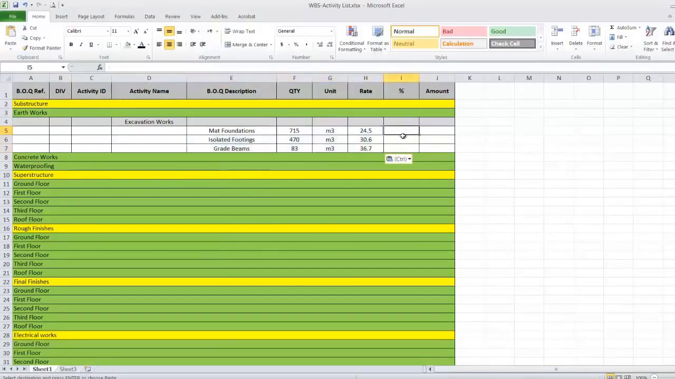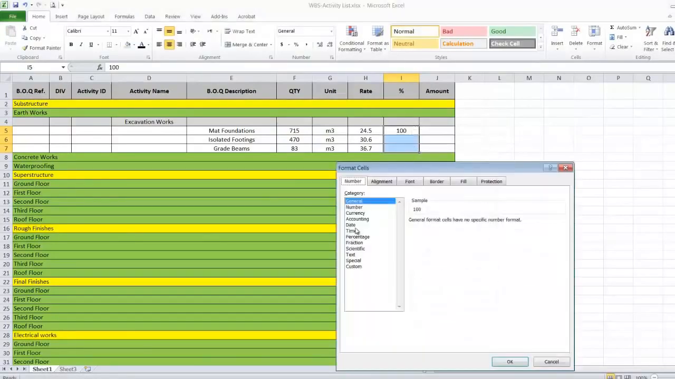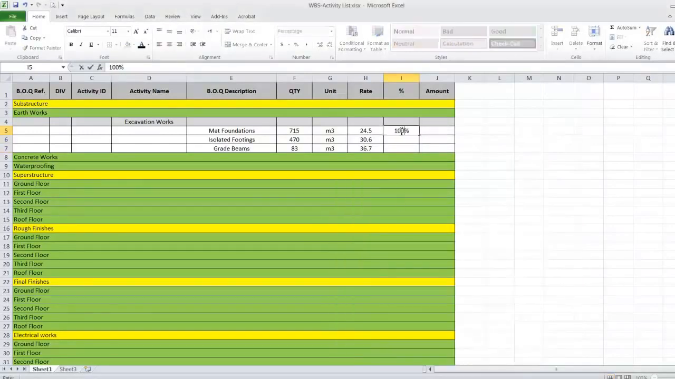Okay, the use of the percentage column is if this item is repeated in additional floors. So we'll put a percentage for each floor here. But since the excavation is only under earthwork and substructure, the percentage will be 100%. First of all, we have to modify this one to make it a percentage. Then we'll type 100%, 100%, 100%, and we'll create our formula to multiply this by the rate, by the quantity,